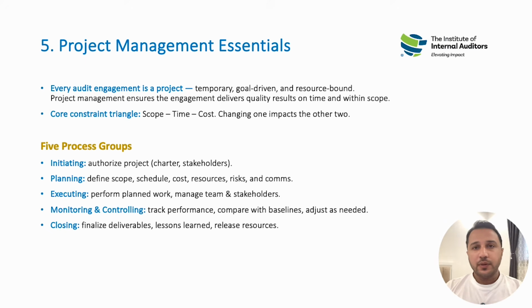Just to have a quick recap, in the first section we discussed setting up the organizational objectives, determining the scope, then we moved to establishing the context, then we discussed what the key risks and activities are and how they are managed through the risk management process, and what the role of different stakeholders is in risk management. Then we moved forward. There are different approaches to engagements that an internal auditor can adopt. Now we are discussing the entire audit or advisory engagement as a project, under project management.